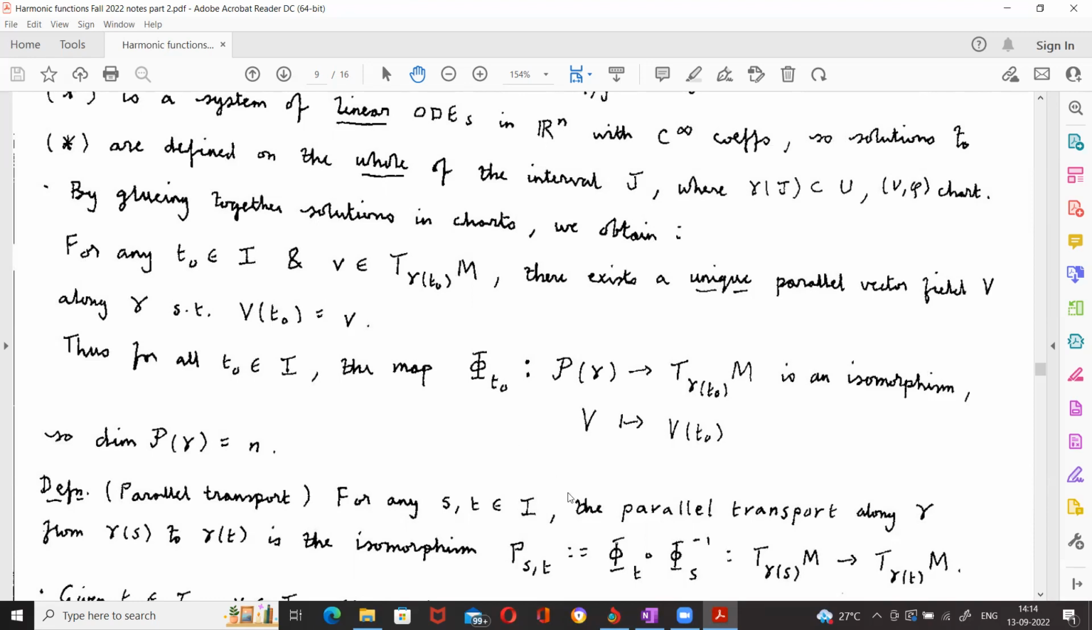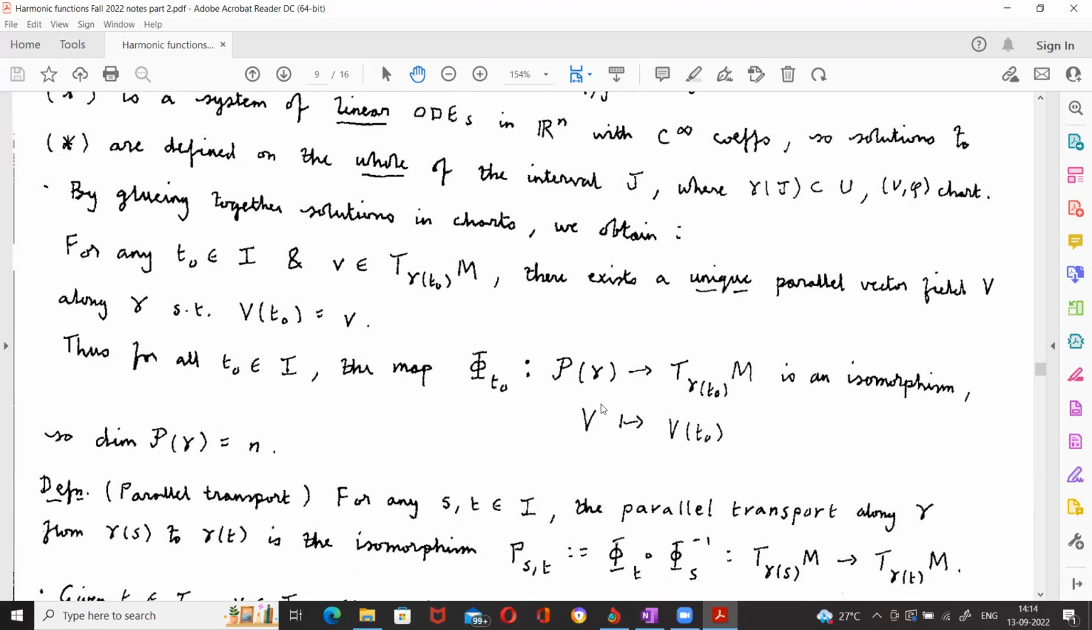Okay, so this means that if I fix t naught, then I can look at this map, which is the evaluation at t naught. Let me call it phi sub t naught. This goes from the vector space of parallel vector fields along gamma to the tangent space at gamma(t naught), and is just V goes to V(t naught). So this is clearly a linear map,